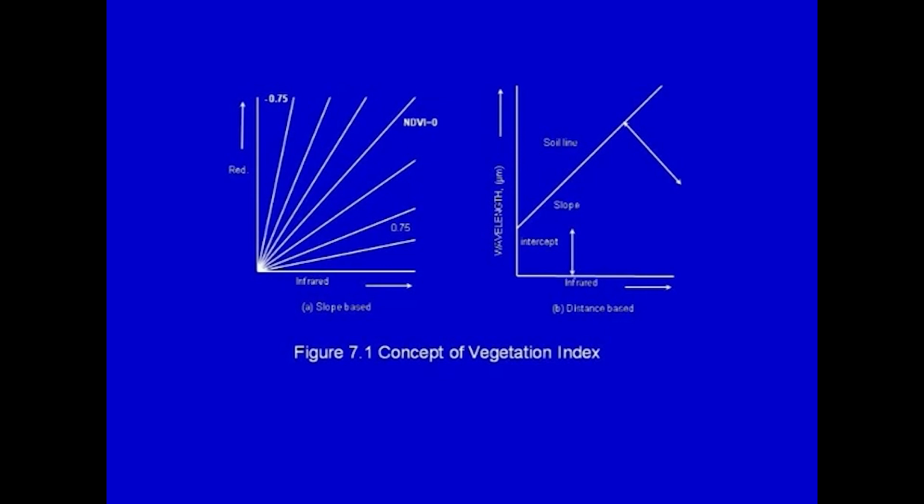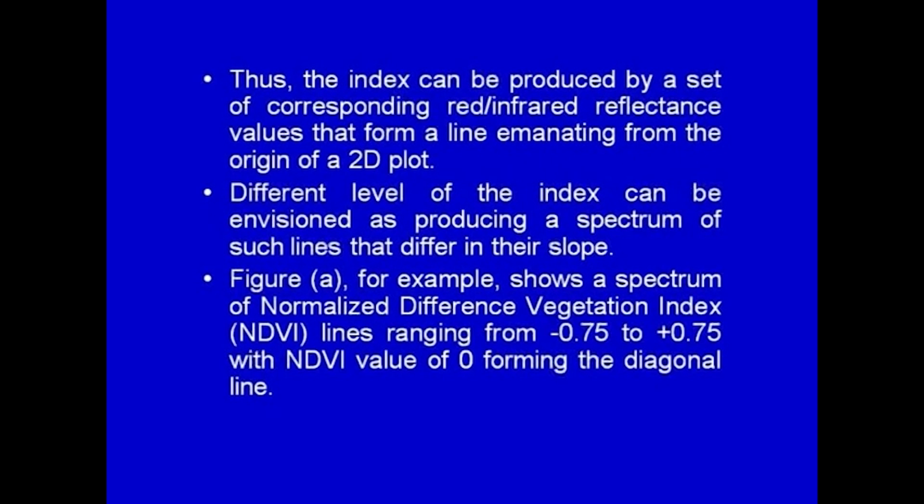The slope based vegetation indices are simple arithmetic combinations that consider the spectral response patterns of vegetative areas in the red and near infrared portions of the electromagnetic spectrum. Thus, the index can be produced by a set of corresponding red by infrared reflectance values that form a line emanating from the origin of a 2D plot. Different levels of index can be envisaged as producing a spectrum of such lines such that they differ in their